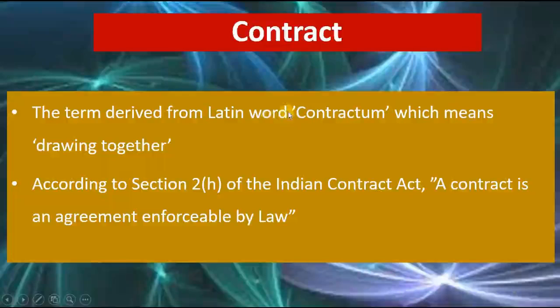The term is derived from the Latin word contractum, which means drawing together. So here drawing together means drawing the principles or the rules of agreement together, which is known by all the parties to the contract. And the second one, according to section 2(h) of the Indian Contract Act, a contract is an agreement enforceable by law. So here you can identify three major words. The first one, contract, which is an agreement and which should be enforceable by law. So here enforceable by law means if any one of the parties fails to fulfill the contract, another party can